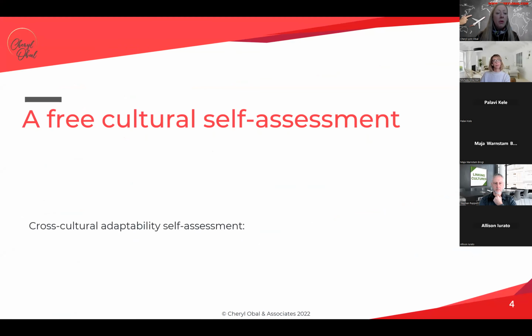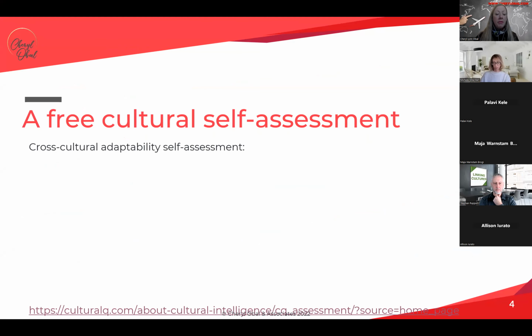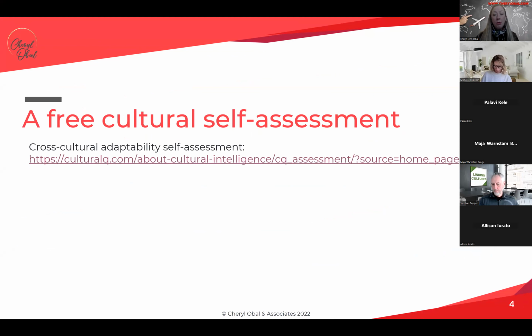GlobeSmart, Culture Active, even the Aaron Meyer tool, which isn't very expensive. The Aaron Meyer tool is the cheapest one out of all of the tools. I think it's 7 users for $100 or something like that. It's really cheap, but you have to know Aaron Meyer's system in order to use it.